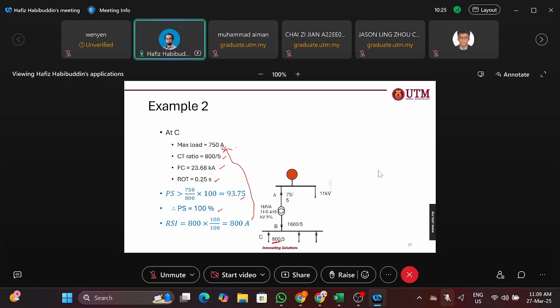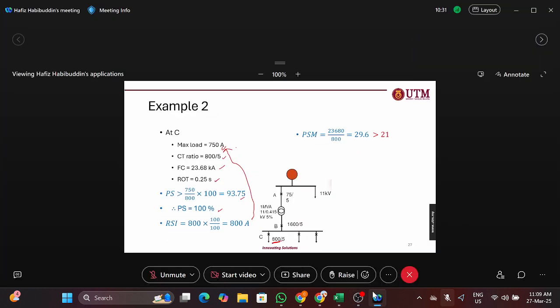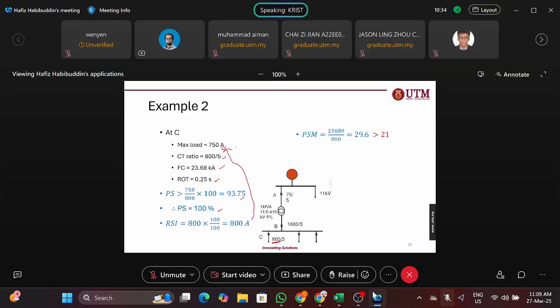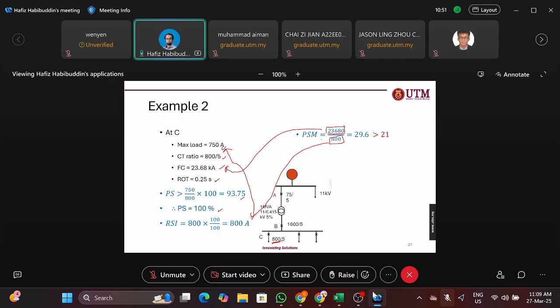Similar to the previous one, when we proceed to the setting of time setting, of course, for time setting you need to identify the fault current and the relay setting current here. Current here happens to be 29.6. But you cannot simply use the equation. For example, if it is a standard inverse 0.14, hold on,